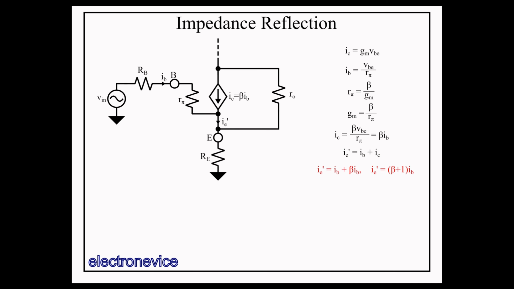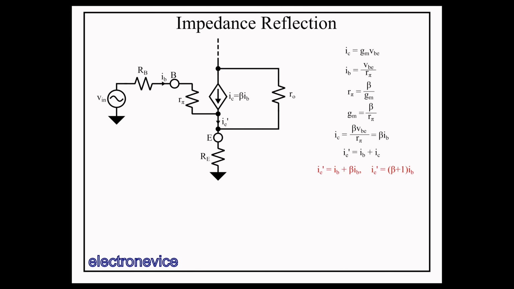Again, I am calling this current IE prime, not IE, because the true IE incorporates RO. You might ask why I don't call the current through the current source IC prime instead of IC, to which I must admit that if I changed that now, it would make it too confusing, since that's not how I labeled it in earlier videos. So IC is the current through the dependent current source, IE prime is IB times beta plus 1, and IE without the prime is IE prime plus IRO. That's the nomenclature I'm going with.